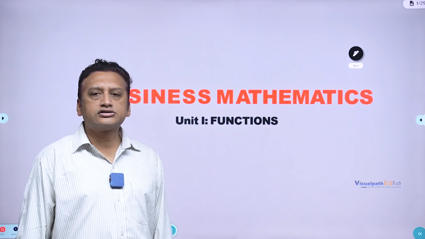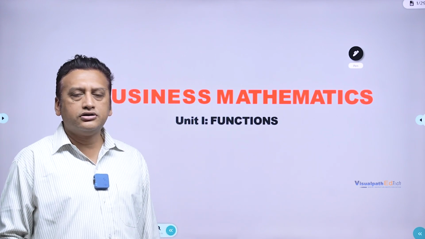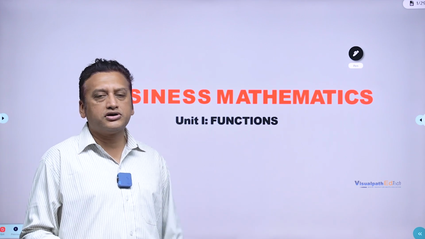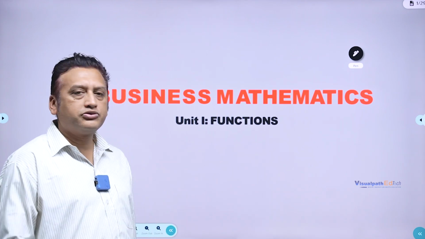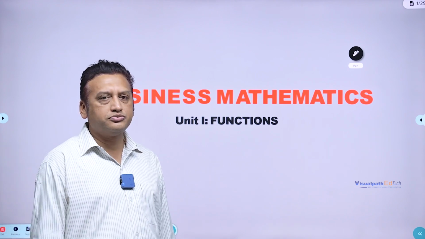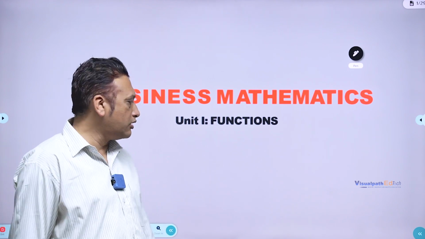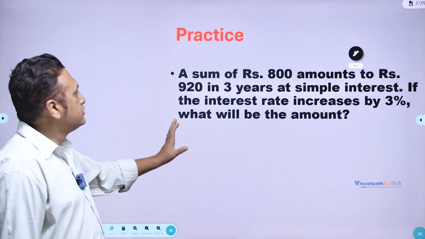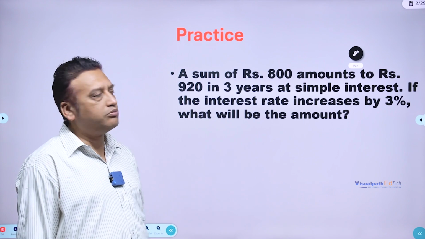We were discussing interest. We have already done simple interest, and I showed you how to do a couple of sums. Today I am going to start with another sum for simple interest, and thereafter I'll take you to compound interest. So this sum states that a sum of money amounts to rupees